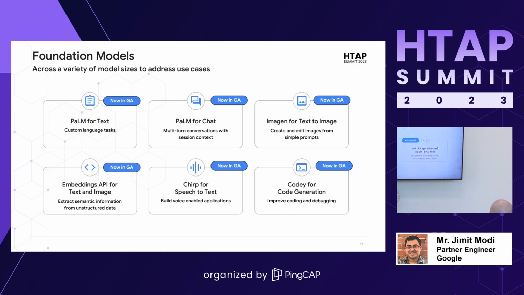Right, so when I kept saying a lot of models, here you will see the 6 models which are available. All are in GA. Anybody who logs into the Google Cloud Console can see them today. PaLM for text is the latest text model. Essentially, think of it for doing anything with regards to language. Then there's PaLM for chat. You can literally start a chat conversation. You can use it for the customer care center options which I mentioned.